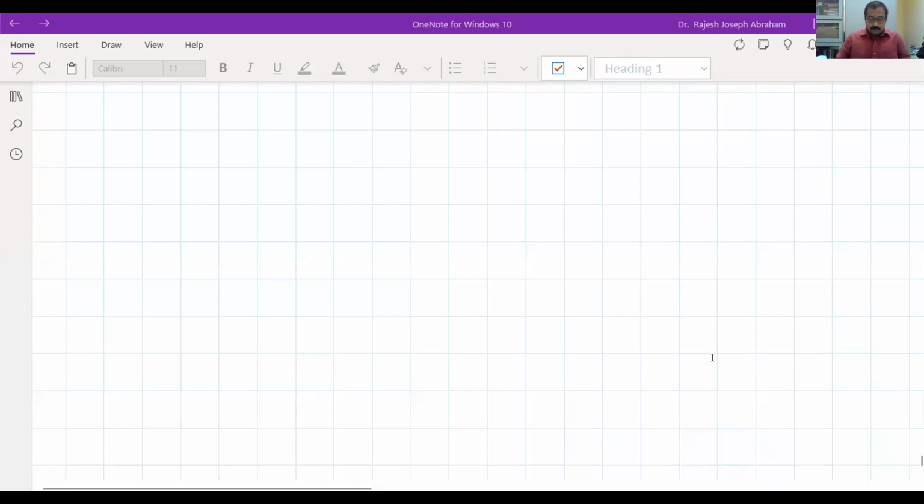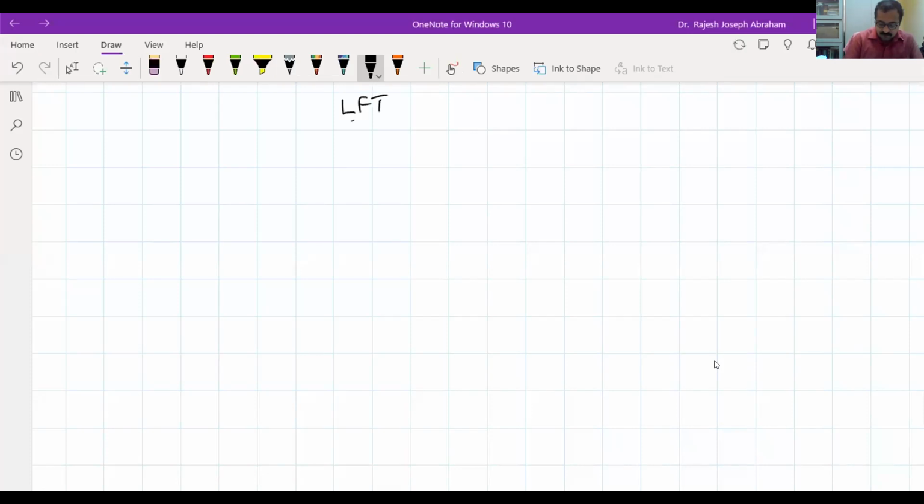So before we begin, let us just recall what we did in the last class. LFTs. So what is the standard configuration? Here we would have a separate block that represents delta, the perturbation. Then there is another block that represents the nominal plant. Then we have a controller block K.